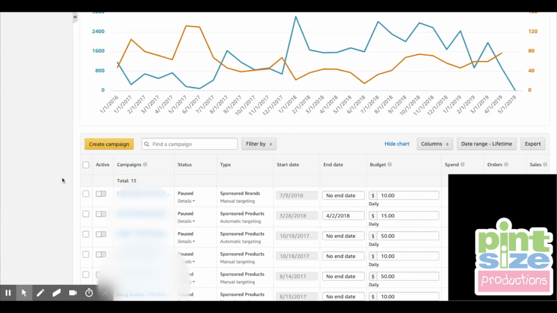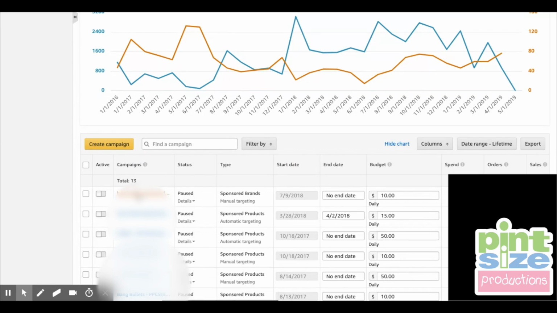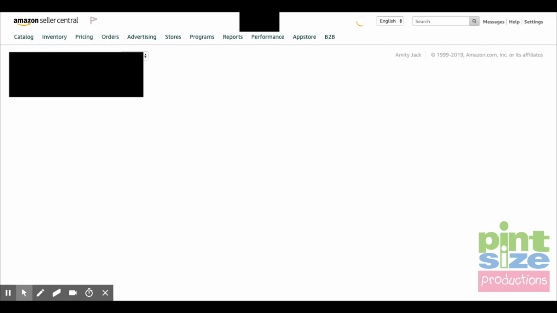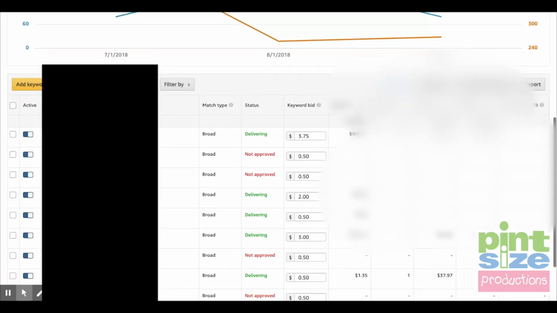So when you scroll down here, you'll see all of your campaigns listed out here, and you can click into a specific campaign and you'll get a similar dashboard for each individual campaign. So you'll see your spend total here, your total sales, your advertising cost of sale, and your total number of impressions. And then what you'll want to do is scroll down,